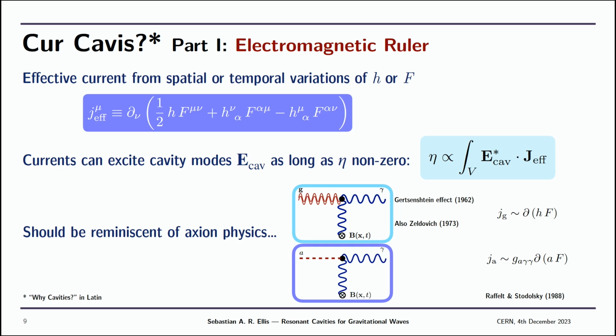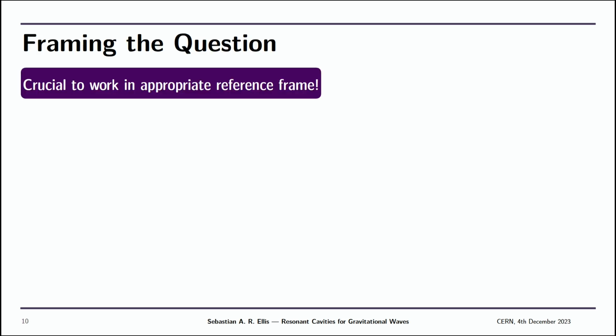By the way, this is not something that was new to our work. This has obviously been noticed a long time ago, and I think the first paper that really quantified the analogies between axion conversion and gravitational wave conversion in background magnetic fields was this paper by Raffelt and Stodolsky about 35 years ago. So we have all of the machinery that we need in order to compute what we think the